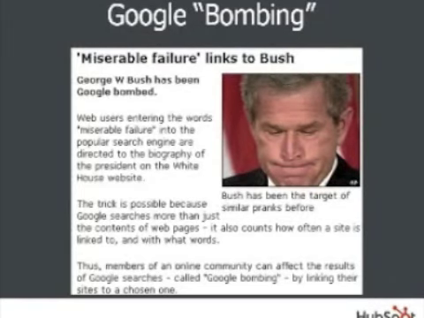But the reason that Google was ranking it for that search term, miserable failure, was that thousands of bloggers had gotten together and all linked to that web page with the anchor text, miserable failure. So they basically were able to manipulate search results because thousands of them were able to get together. And obviously it was a less competitive search phrase, so there wasn't anyone trying to rank for miserable failure. And so that's sort of what happened here. So again, it really shows a testament to the power of links and how important they are.